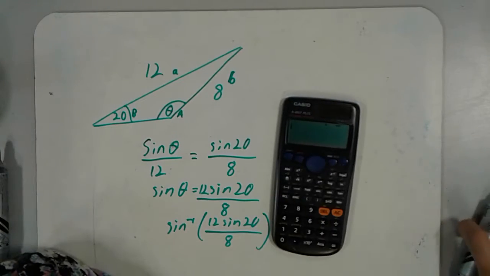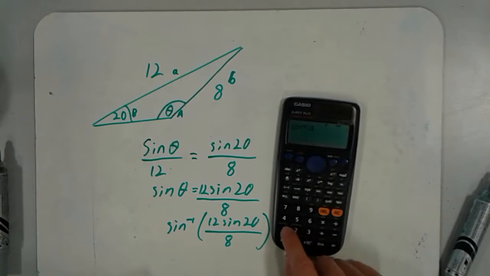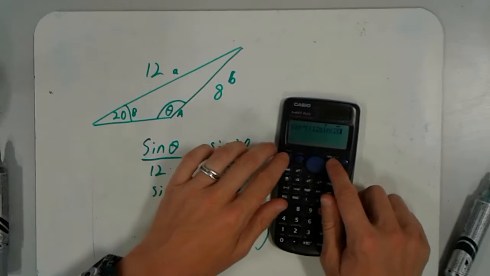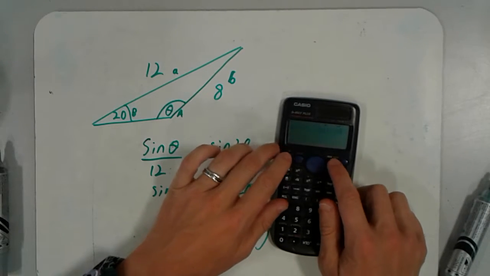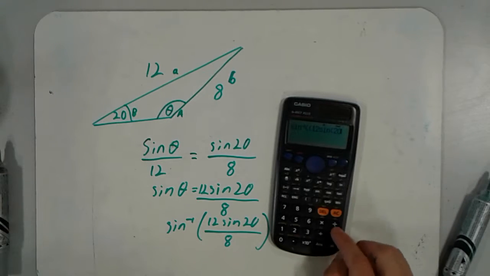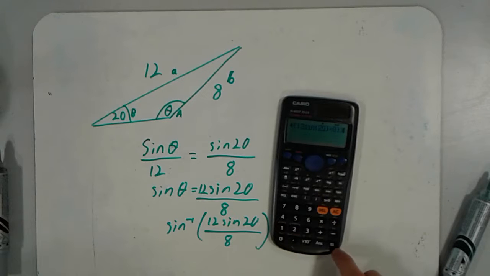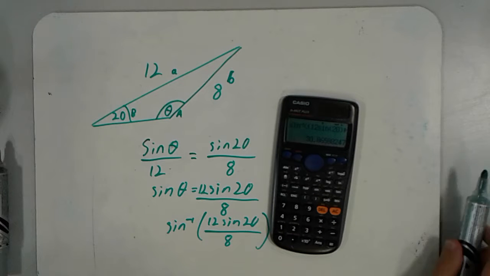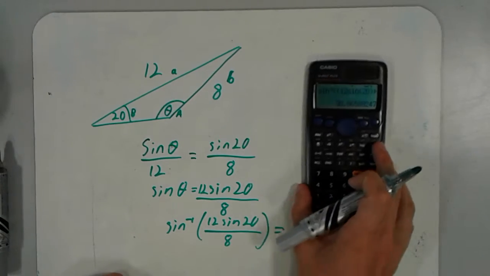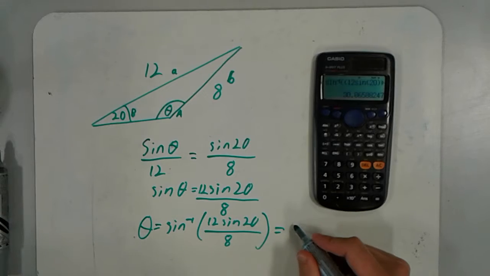That can just be put straight into our calculator. So we want sine inverse of 12 sine 20 divided by 8. Just make sure that your calculator is set to degrees. That gives us an angle of 30.865. So our angle theta is